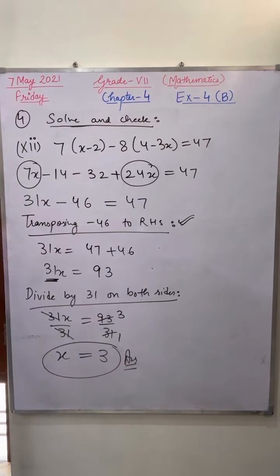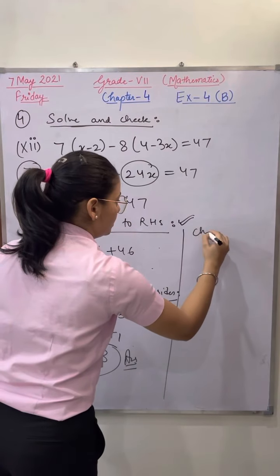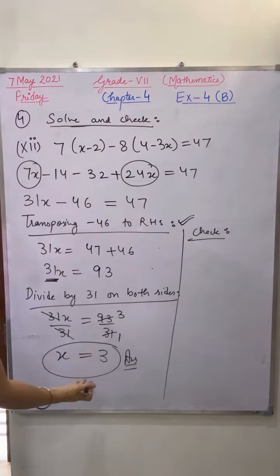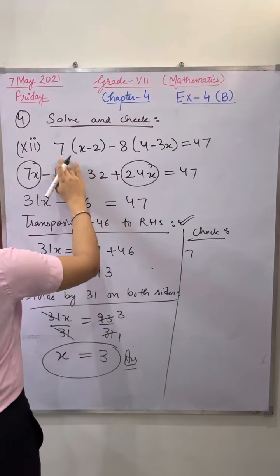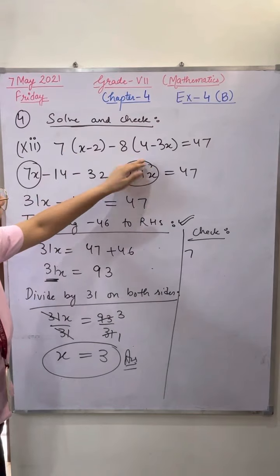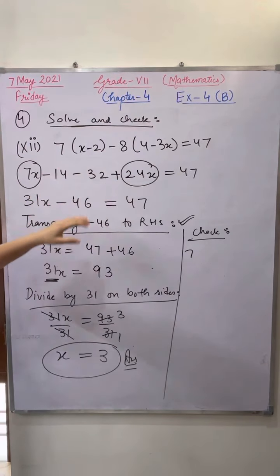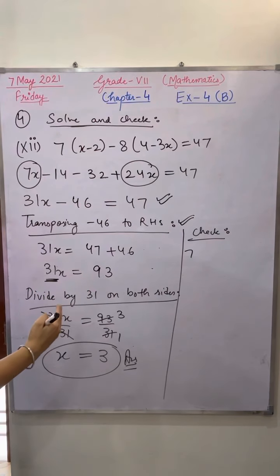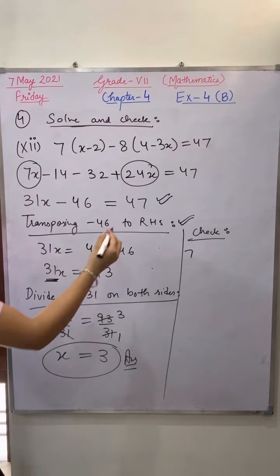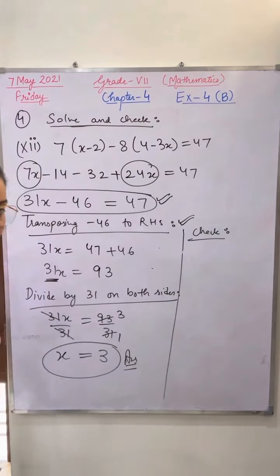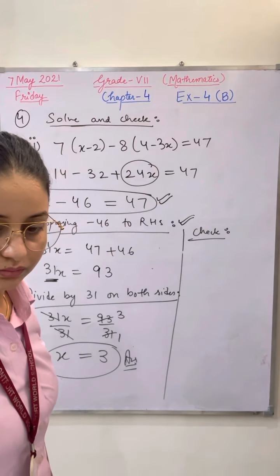Very good. Now the last step is you have to check your question. In your question, just put the value of x. Okay, that is 7 into... See, this I have opened. This question was given to me in brackets. I have opened the bracket and multiplied. Up to here is my question. After that, I have started writing the steps. So this is my question.